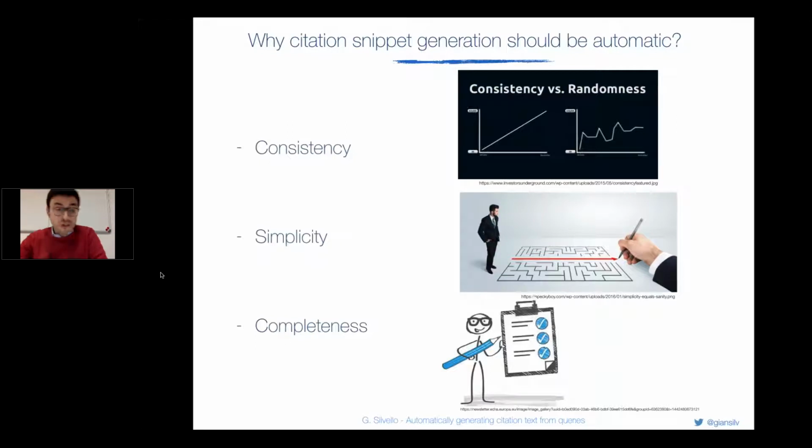For simplicity, as I said before, if we have an automatic way to produce citations, we do not have to ask users to know how the dataset is structured, which information is relevant for the citation, and so on. And for completeness, which is related to consistency: if we do this automatically, we know that each single citation to a dataset is complete with all the information we need to retrieve, access, and then reuse the data that are cited.